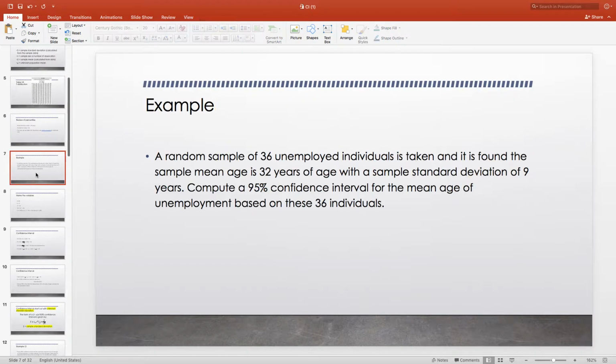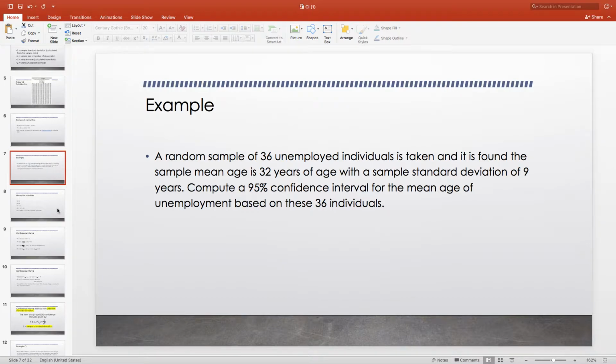Okay. So here's my example. I have a random sample of 36 unemployed individuals, and I have calculated their sample mean age, and that's 32 years. The sample standard deviation is 9 years, and I want to calculate a 95% confidence interval. So I'm going to play this game that I encourage you to do when you're doing confidence intervals, and it's called Name the Variables. Now, before I do that, I want to emphasize